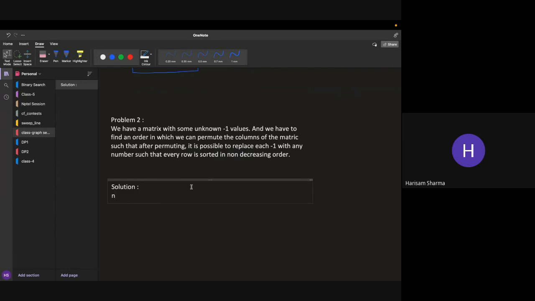So the nodes in the graph are going to be nothing but the columns. And that is a pretty obvious observation because we have to find an ordering of the columns and we have some relations that a particular column has to be before a particular column. And so it basically gives us an intuition that we have to have some relations and some nodes. So that means we can model this problem as a graph. So the nodes in the graph are going to be the columns and edges are going to be relations